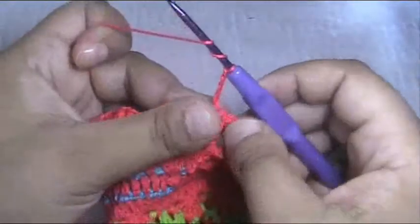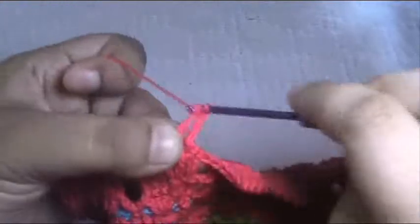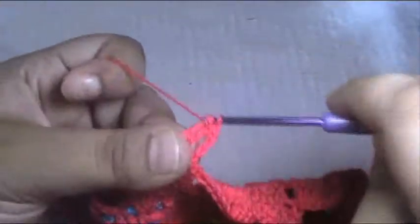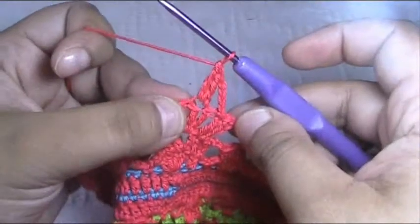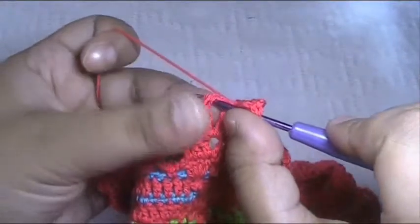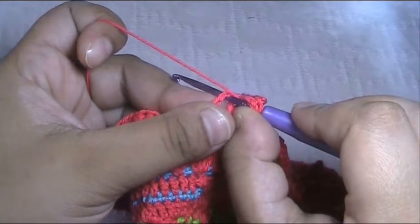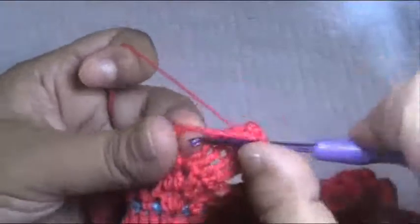Then yarn over twice and go to the next stitch and make 2 trebles, 1 and 2. Then yarn over twice and go to the space and make 2 trebles, 2 chains and 2 trebles. 1, 2,